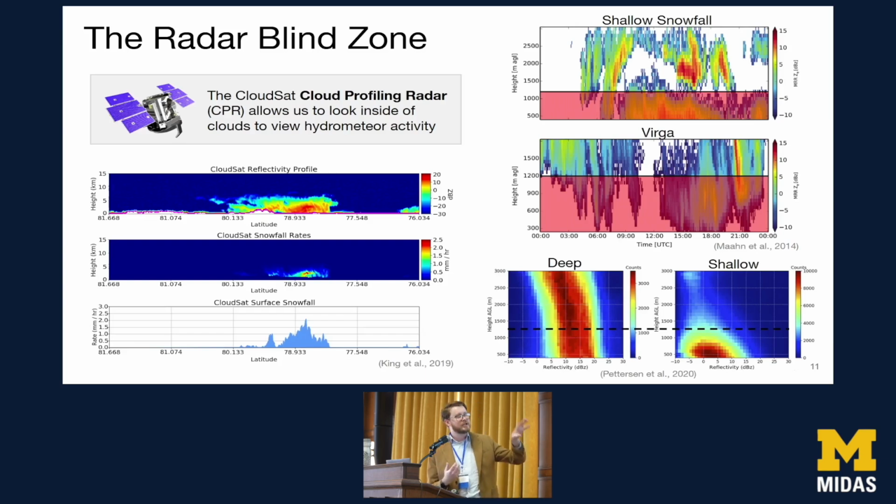And again, for deep homogeneous systems, not really an issue, but we get a lot of shallow lake effect, right? So you could be really underestimating and missing all sorts of precipitation in this region. So we knew this was quite important. And so what we ended up building here was a UNet type model, which is sort of an image-to-image model with some surface radar data that we had again in Alaska. And we simulated that blind zone to try to fill that in using the model to see if we could understand, does the model do a better job than traditional extrapolation techniques from that blind zone level down to